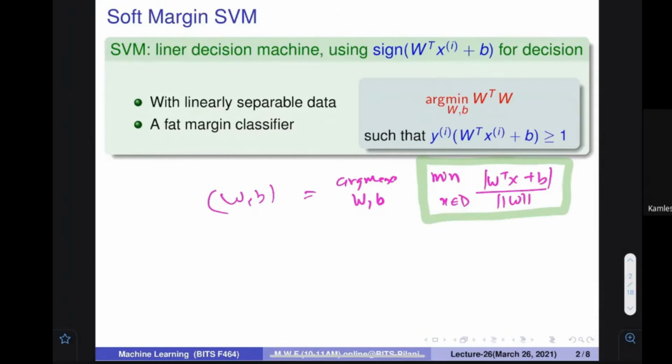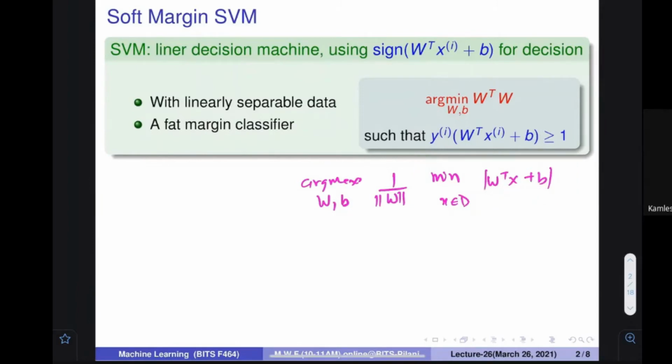Okay. So in this particular equation, you see that this bottom part, that is the mod of W, does not involve any X, because in the computation it is not involving any X. So what you can do, you can take this part out, and say 1 upon norm of W, and remove this part from here. You can say that this part is actually not important over here. You can say that I just wanted to find out this thing. Does it make sense? Okay.